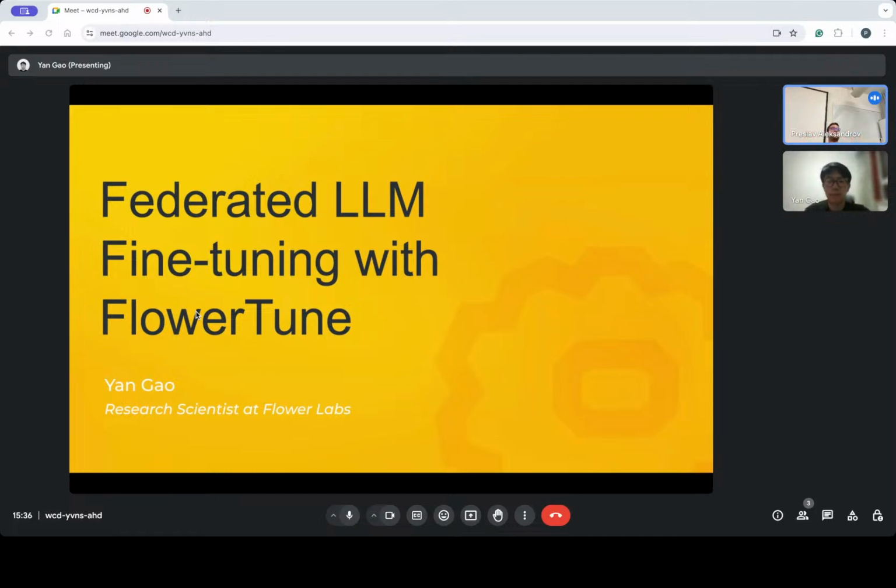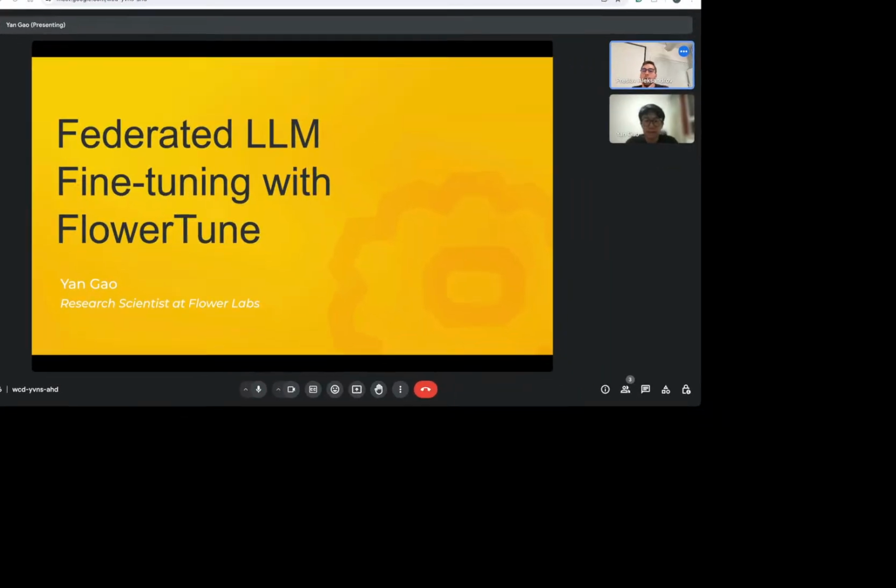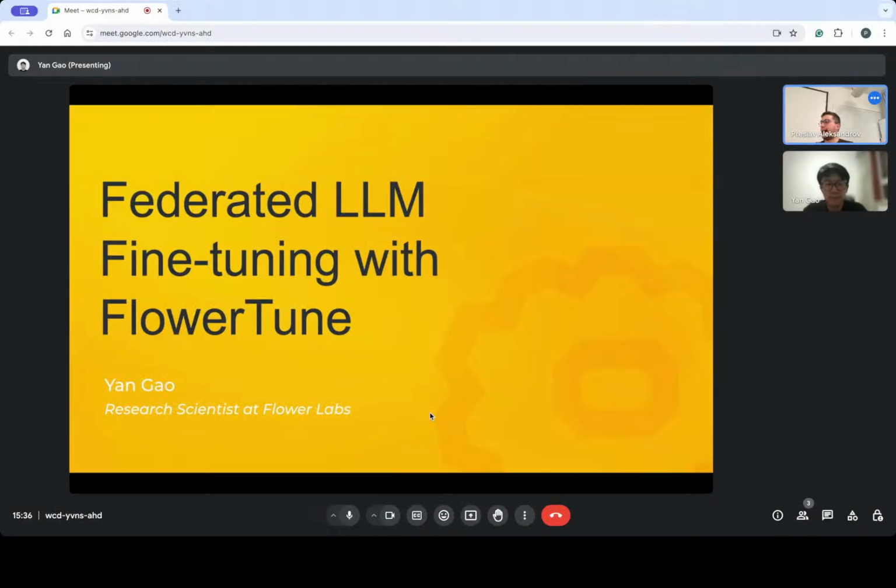We are starting the second half of our talk. What we're actually going to be talking about now is more practical things. We're starting to talk about implementation and kind of brass tacks. So with us now, we have Jan, who is an engineer at Flower Labs, and he's been one of the people who developed this thing called Flower Tune.